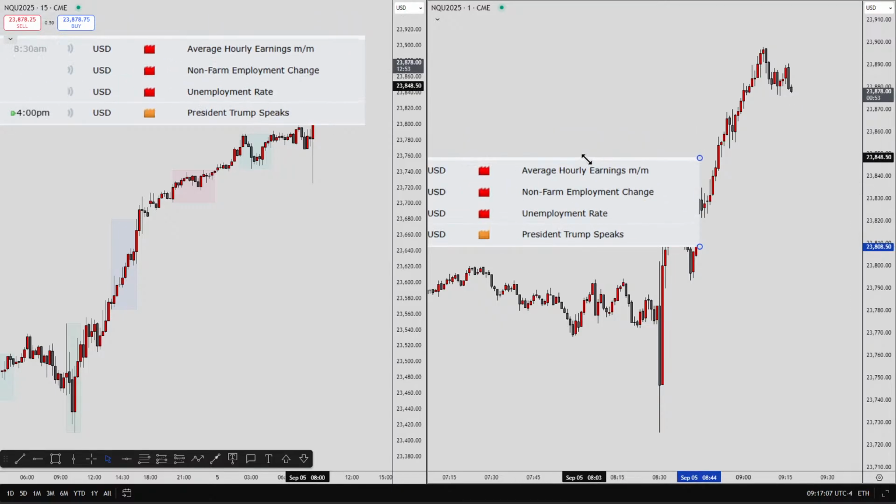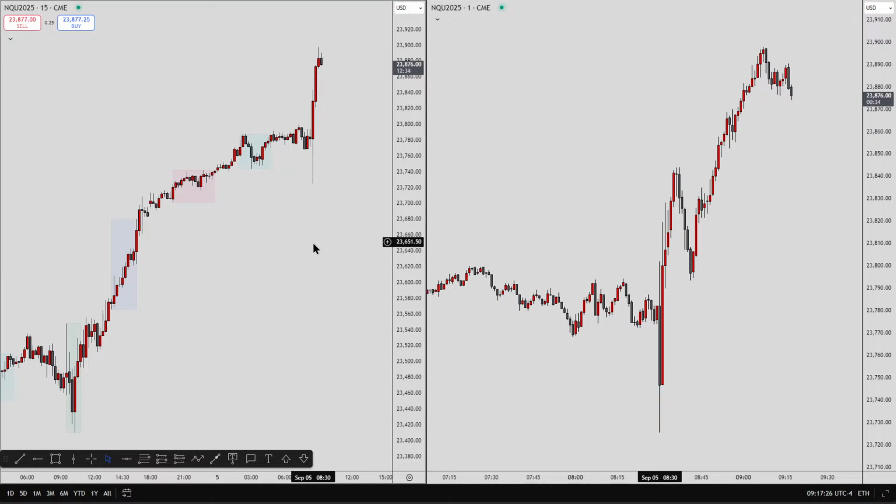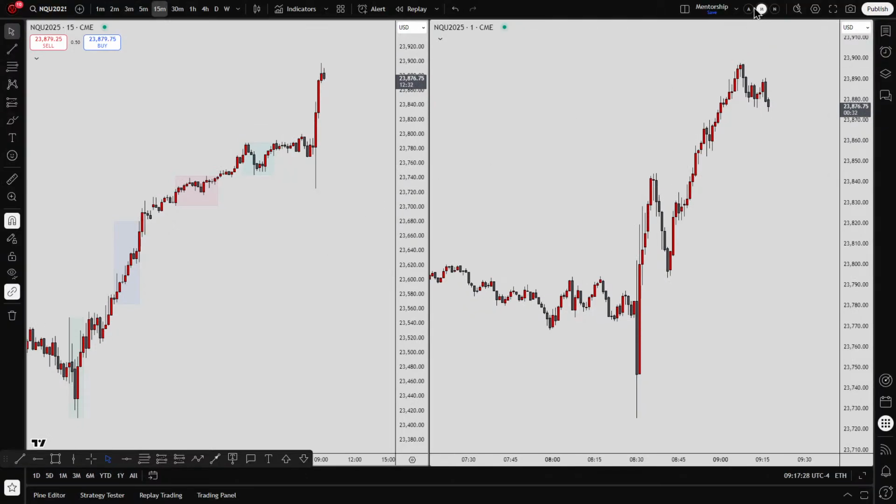Here is the news data for today. As you can see, we've already had a non-farm payroll data release, and that caused quite a spike. We've got Trump speaking at 4 p.m., which should be pretty irrelevant to today's price action, so we don't really need to worry about that. I'm going to go into my other chart, and then I'll come back to this one,